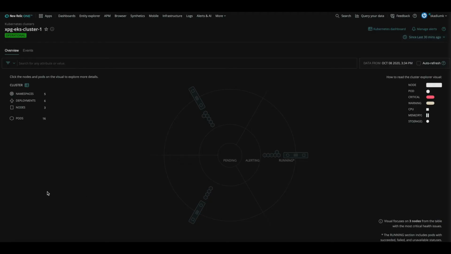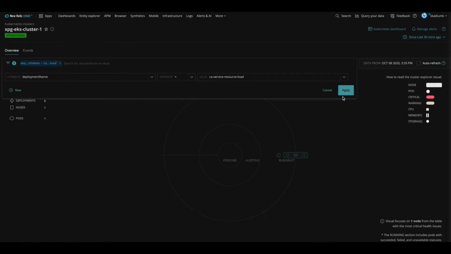To understand how ZPA works, first create an AWS EKS cluster with 3 worker nodes, as displayed in the New Relic dashboard, and cluster autoscaler pre-installed. We will also deploy a sample app to perform a load test. Add a filter with the deployment name to view the number of pods scheduled and nodes allocated for the app. Initially, we'll go with 1 pod.